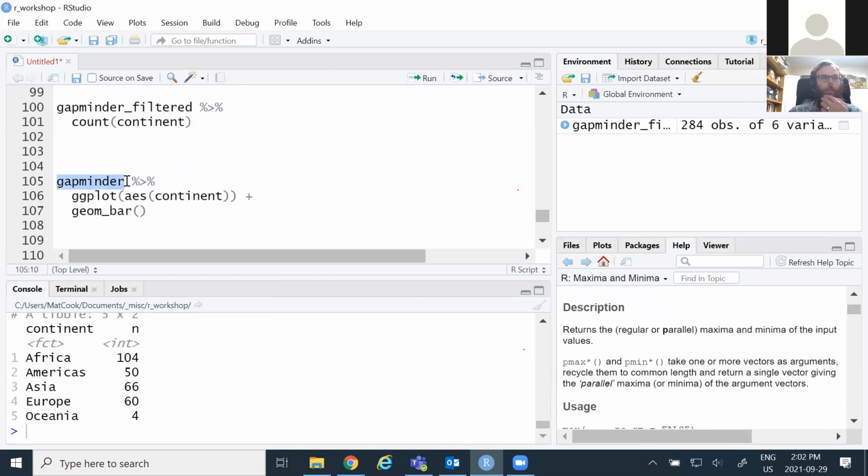So I have Gapminder, the pipe, and then I have this function called ggplot. And then inside of that, I have another function. We'll talk about this because this is all going to look very unfamiliar. I have another function that's aes. And then rather than the pipe, I have a plus. And then I have another function that is geom_bar. And we'll see that there's nothing actually inside of that function. So this looks probably a little bit familiar, but it's going to be a little bit strange, and we haven't